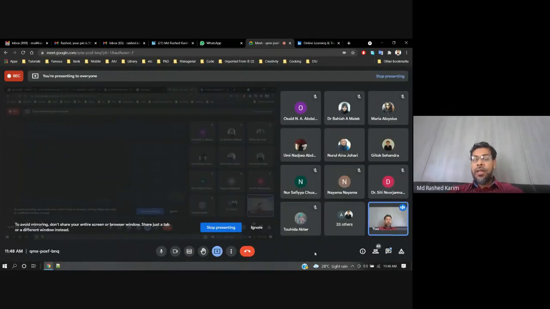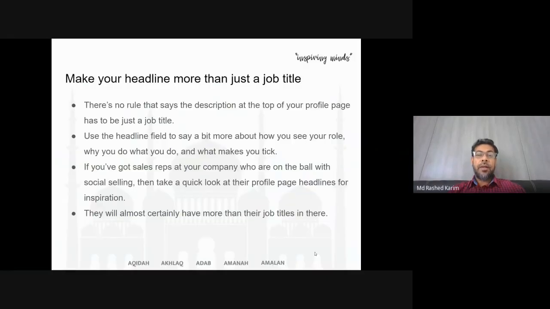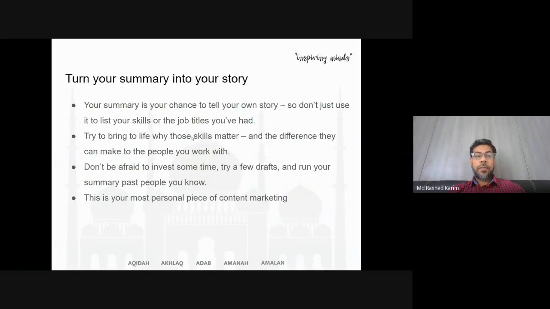So I believe you have almost done your headline piece of your profile. I'm going to the next one. This is very important: turn your summary intro into your story. That is your intro.